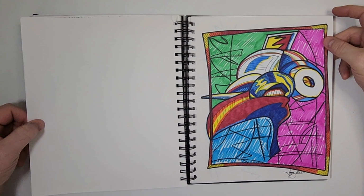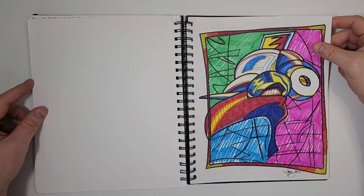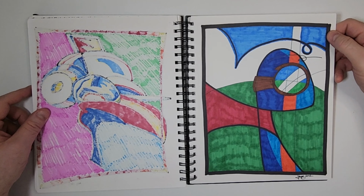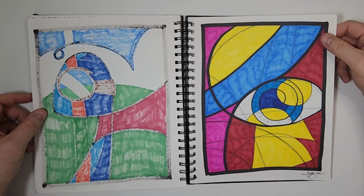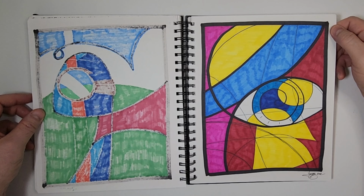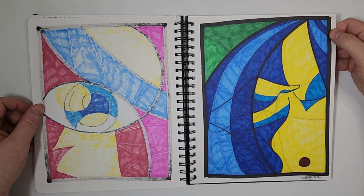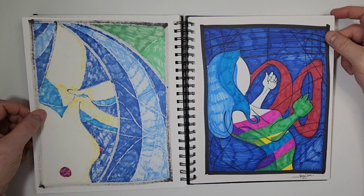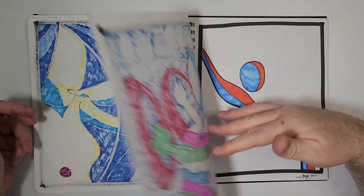These kind of stained glass pieces, working on creating interesting lines and then breaking them down, and then creating an interesting color palette, working very minimal and deliberate. I kind of like how these came out. I'm kind of impressed. I think I redid some of these in other things too. Yeah, trying to be effective with my composition, trying to be effective with my line work,